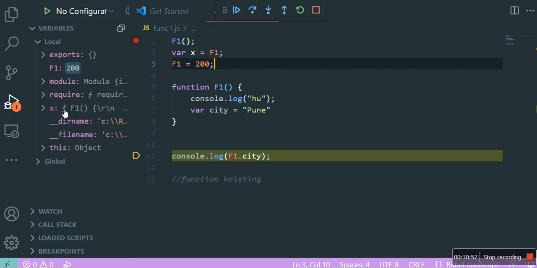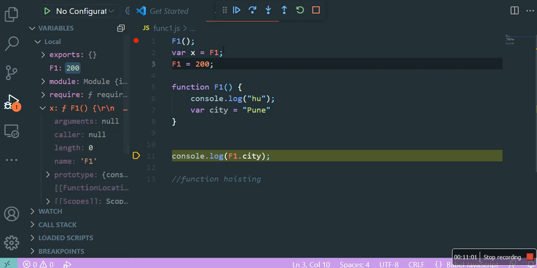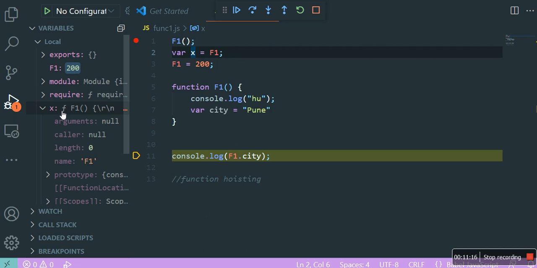This one you can see, this function value is still there, correct? Because हमने क्या किया था, F1 को ओवरराइड करने से पहले हमने X में उसको स्टोर कर लिया था, करेक्ट? तो अभी भी हमारा वो वैल्यू मेंटेन्ड है. So X is already containing that value which was previously assigned to F1. So F1 is a variable whose value was a function. This is the value.